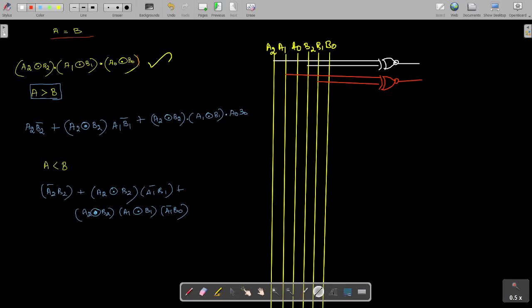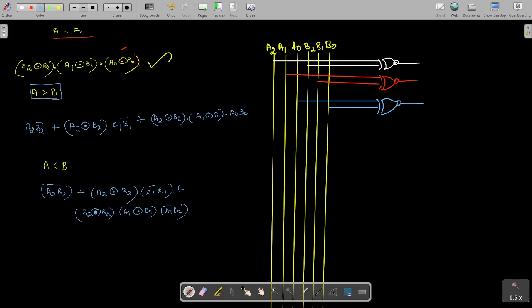Okay. Then the third one we need to go for is A0 B0. So this is A0, and then this is B0. Then we go for this equivalence gate. It is XNOR. Okay.